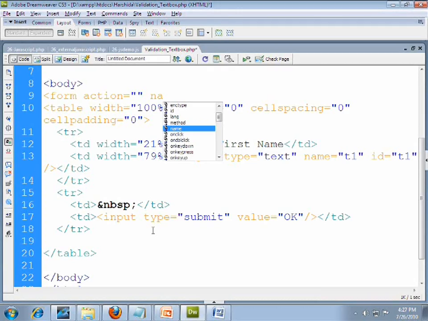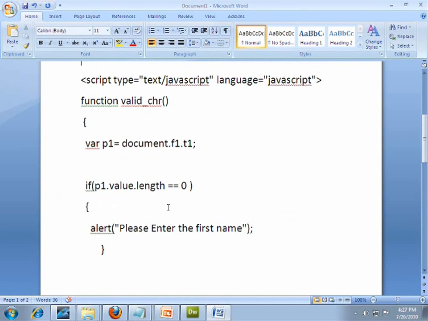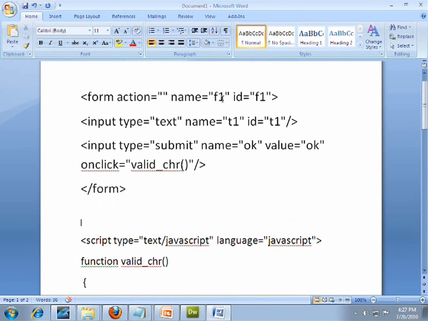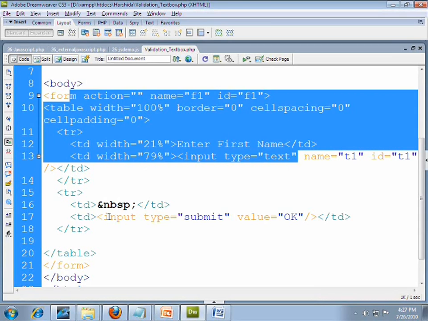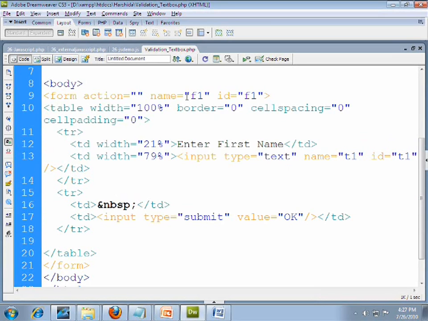I have some code already, so I just use it. I close my form tag after the closing of my table tag. So this is what my page contains: one text box and a button, and the form has the ID F1.